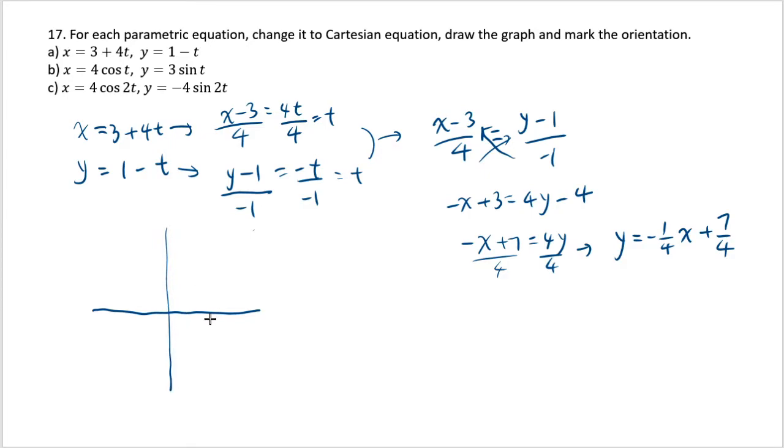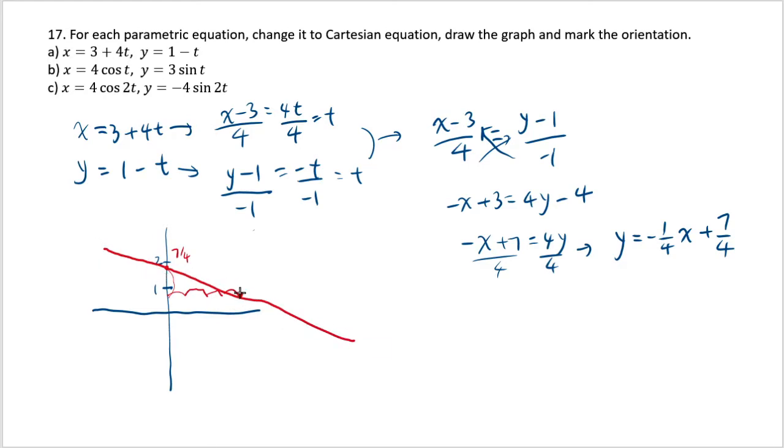I know that the y-intercept is 7 over 4, which is like, if this is 1 and this is 2, 7 over 4 would be slightly less than 2. So I guess this is 7 over 4. And then for the slope, you just have to know that slope is rise over run. So if you go down 1, then you go 1, 2, 3, 4, that's your next stop, and you connect those 2 points